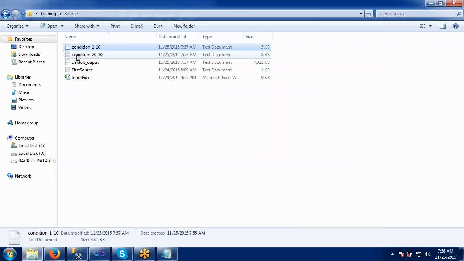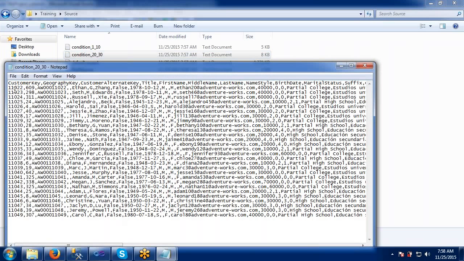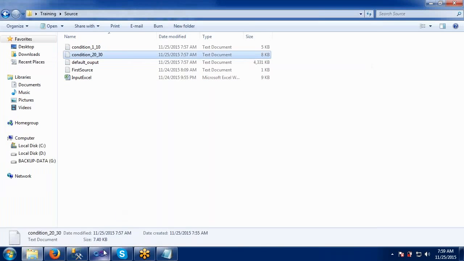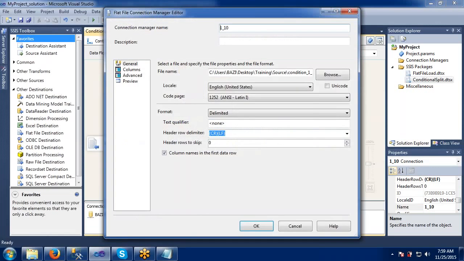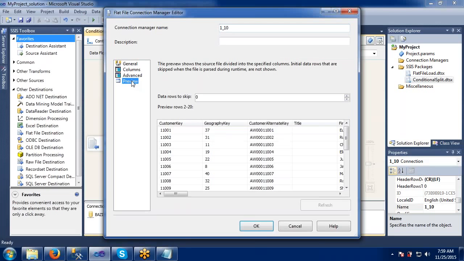Let's take the second condition. Can't we see it in tabular format, like how we normally execute a query in SQL? These are all text files, right? If you observe this, the preview will be like this.